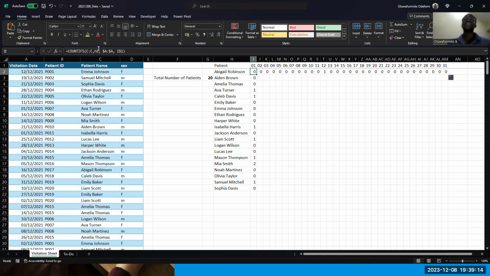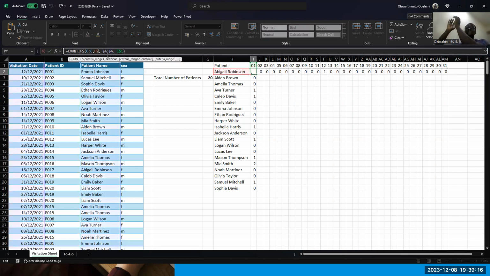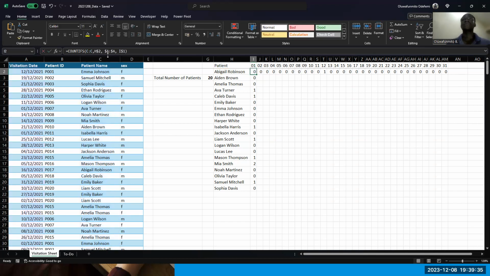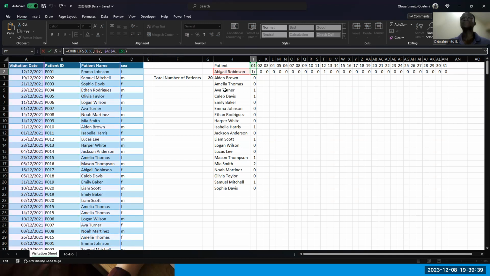So I want the row number to remain the same, but the column to change. So I'm going to need to lock the row, sorry, because I want that to remain the same, right? H2. So now when I drag this across,